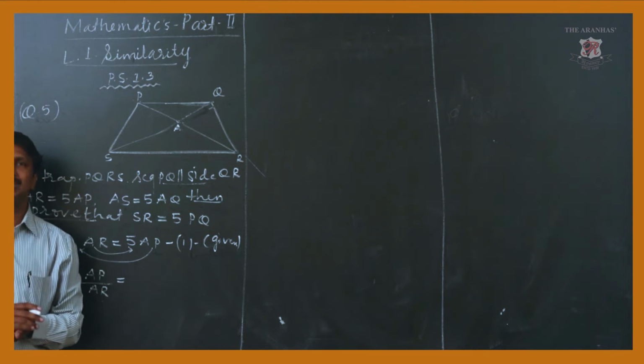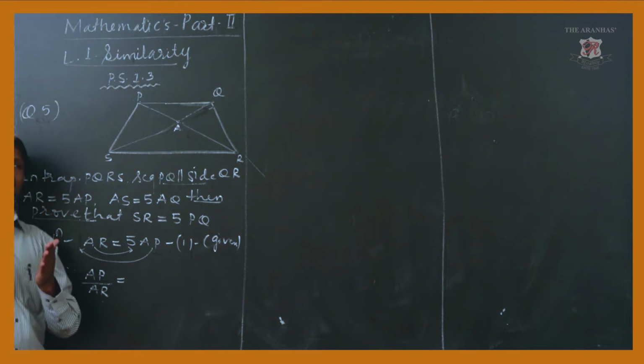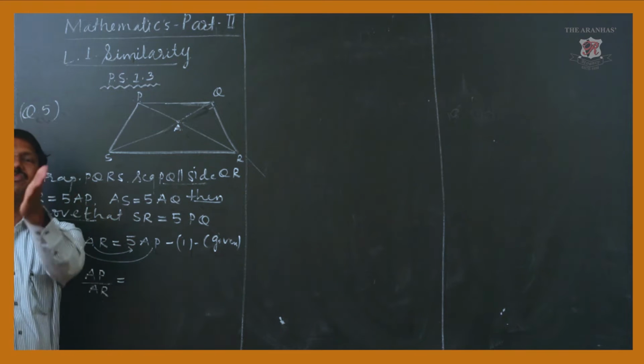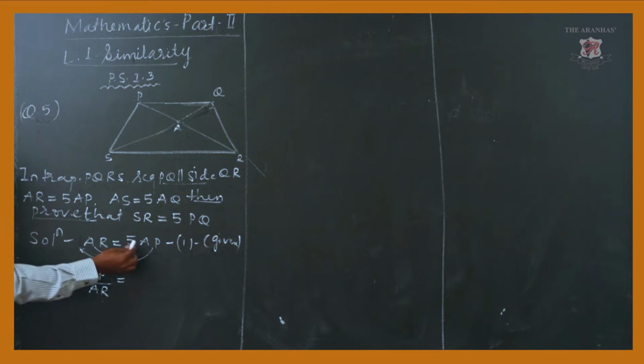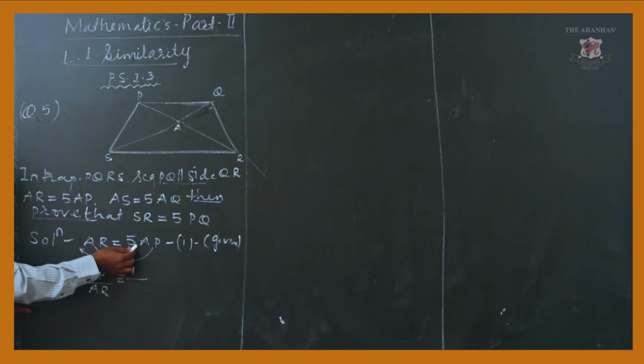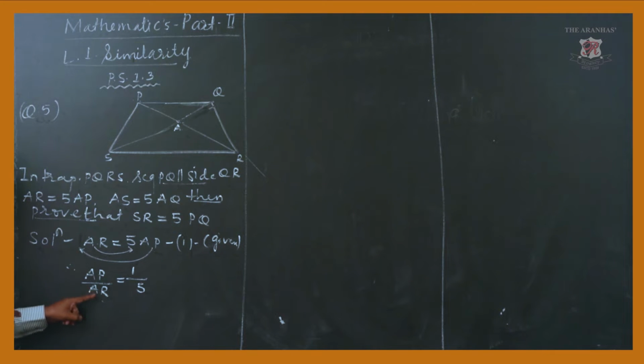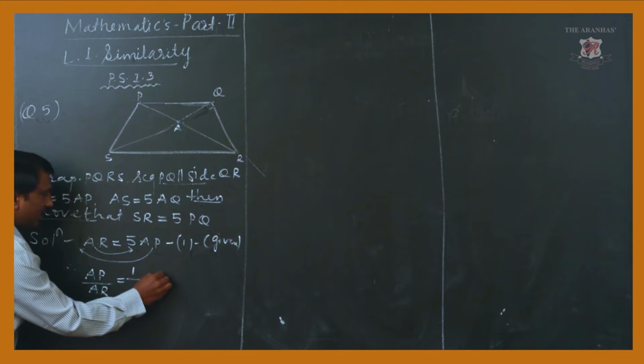Students always make mistakes when comparing the ratio form. The ratio form tells us in what ratio the given segment is divided into 2 parts. So here for the AP segment, whose coefficient we have to consider, it is not written, so we have to consider it as 1. So 1 is the coefficient there, upon, now next is AR. AR's coefficient will be the one given to it, so it will be 1 upon 5. So AP upon AR equals 1 upon 5.